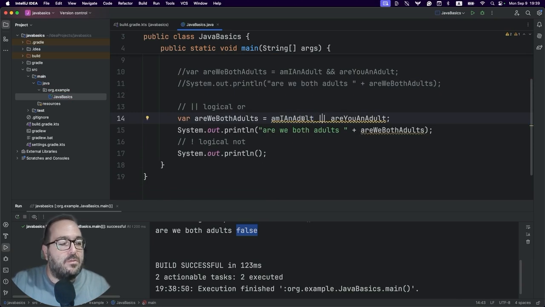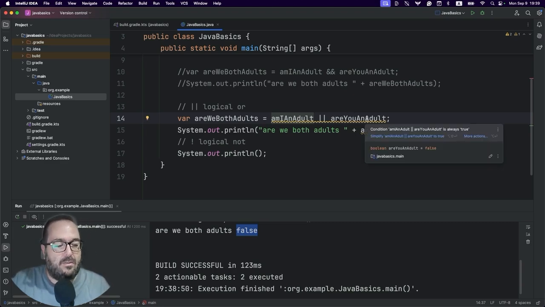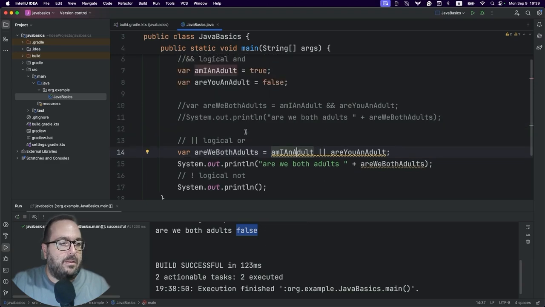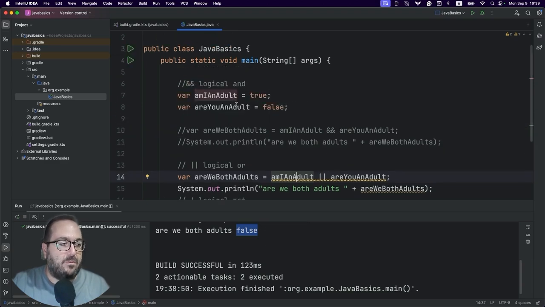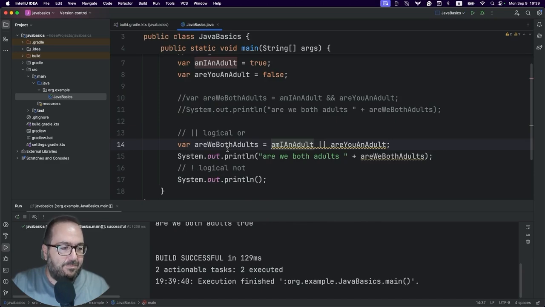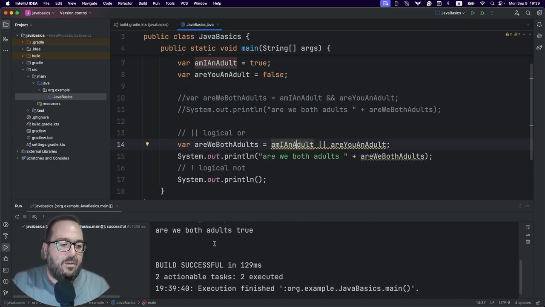And here it is going to check, am I an adult or are you an adult? So whatever it's true, it's good enough for the condition to be true, right? In our case, I am an adult, but you are not. So, are we both adults? Now it says true.